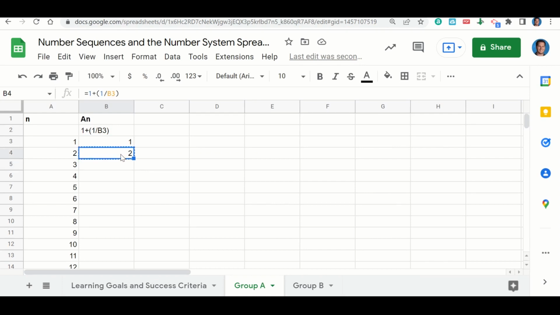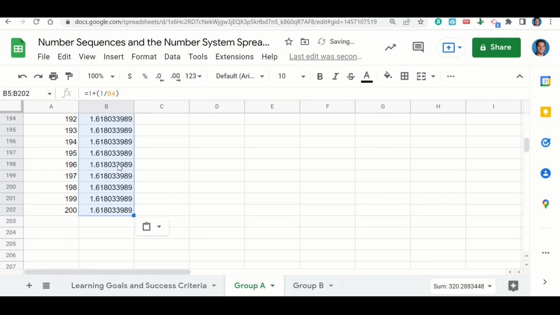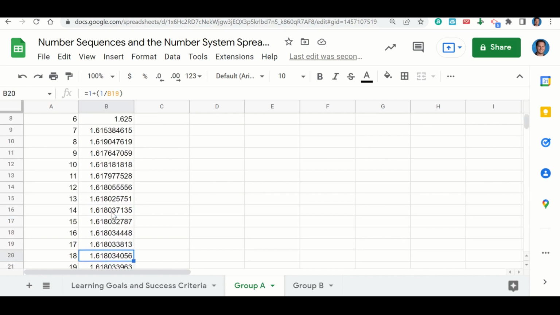If it doesn't ask you to autofill, this is how you do it. If it does ask you, then just click the check mark. And I'm going to highlight and go all the way down to the end. And I'm going to paste it here. So I pasted it for all of them. And as you can see, it tells me that a sub n, as n is getting really big, is starting to approach